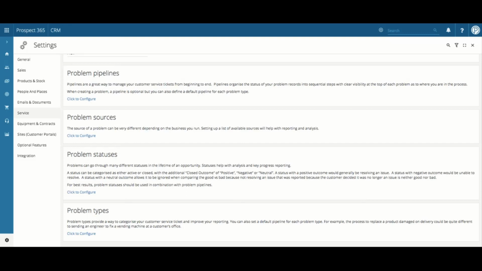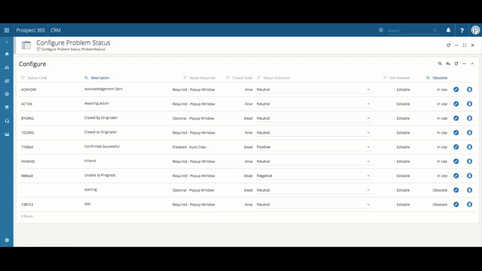To configure your problem statuses, you will require Prospect 365 administrator rights. To edit your problem statuses, click on the Settings icon in the bottom left-hand corner. Once within the Settings Center, navigate to the Service section and scroll down until you find the Problem Statuses option. By clicking the Click to Configure, the Configure Problem Status window will open, where all of your current statuses will